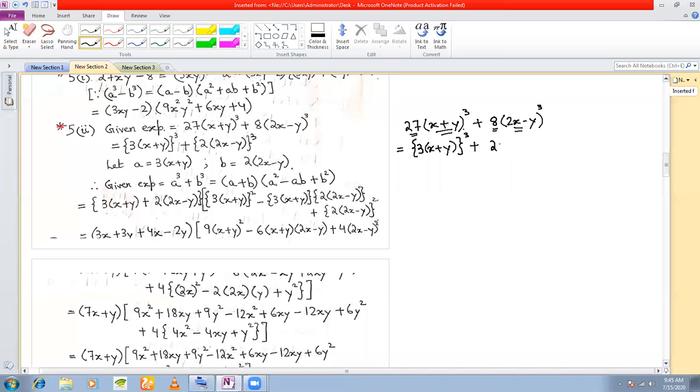So it can be written as twice 2x minus y whole cube. Okay, so now a can be taken as thrice x plus y and b can be taken as twice 2x minus y. So therefore when I want to factorize, this has now become a cube plus b cube form, where a is thrice of x plus y. So this is a plus b, a, which is your thrice of x plus y, plus b